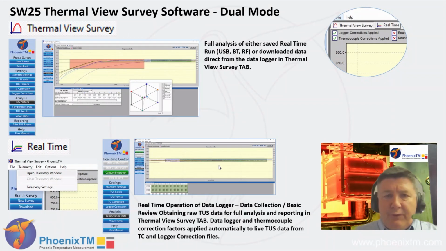Thermal view survey software provided by Phoenix Temperature Measurement is obviously designed to help you with the specific task of performing a temperature uniformity survey. The software therefore comes with two unique modes. One is the conventional thermal view survey, as with other software where you actually have all of the analysis and reporting capability. But specifically for use in a survey where it's very, very important, there is also a real-time mode